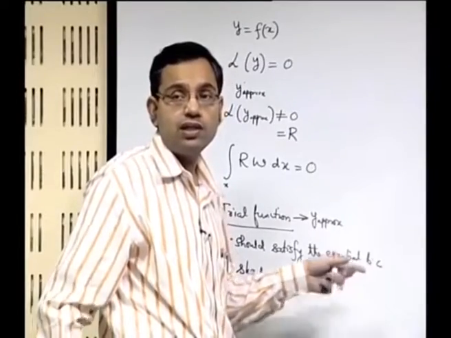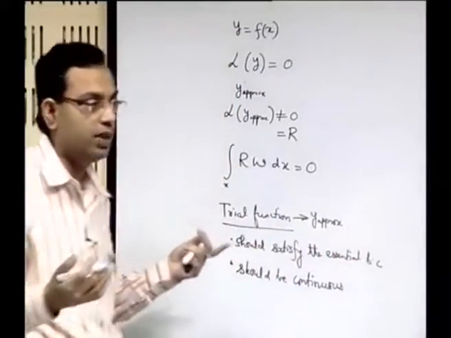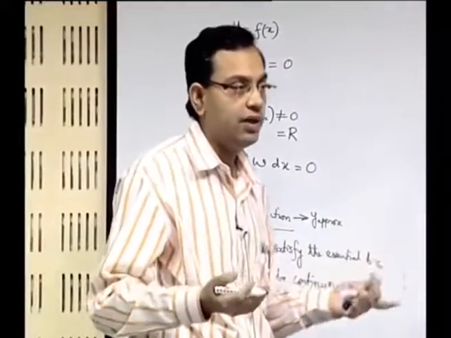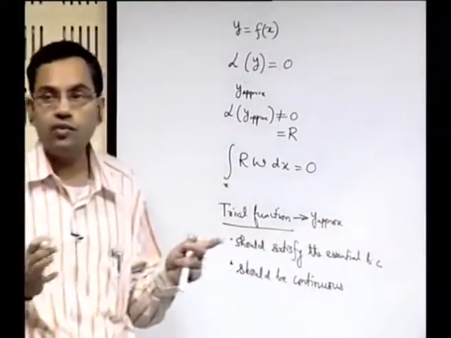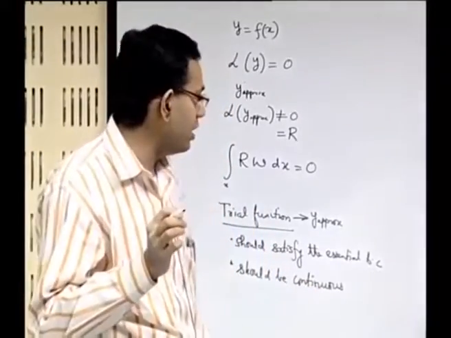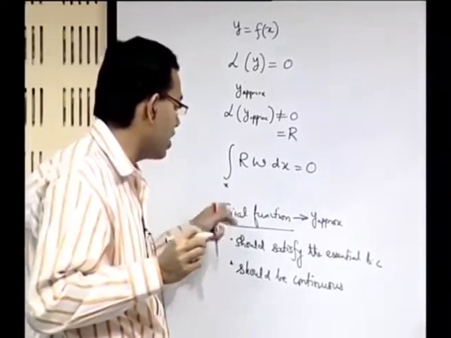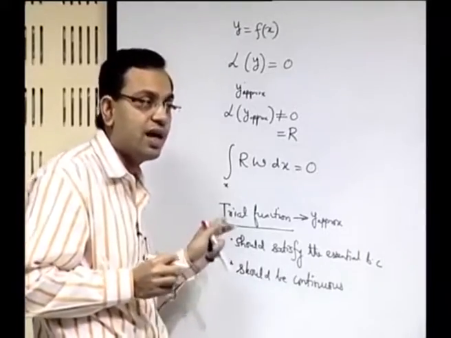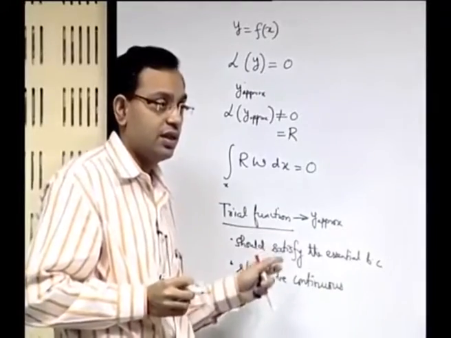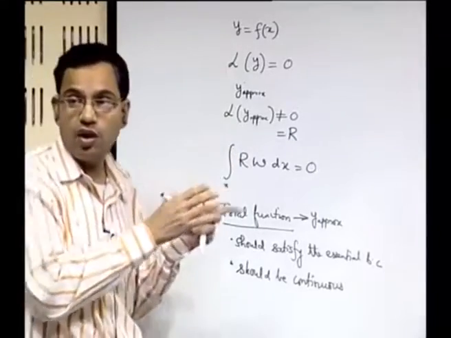Essential boundary condition is basically what is the value of the variable for a second order problem as an example. For higher order problems it can also be the derivative, whatever it is we have seen earlier through the variational formulation what we mean by essential boundary condition, and the choice of the trial function should be such that it satisfies the essential boundary condition. It should be continuous over the domain of the definition of the function,